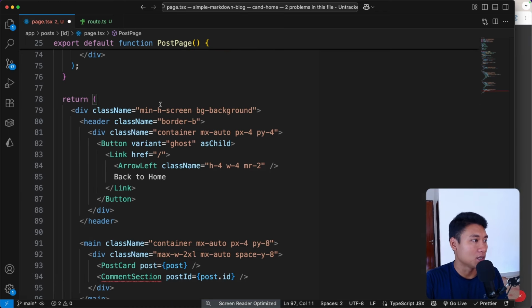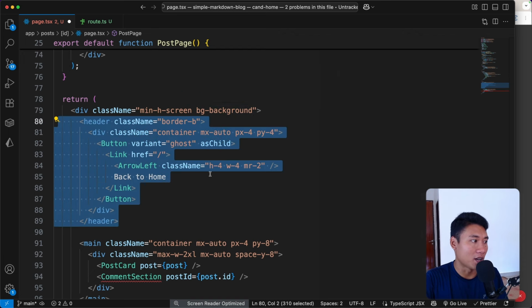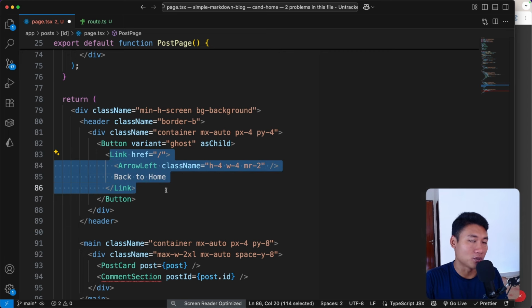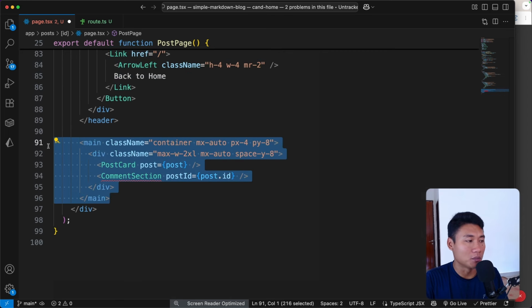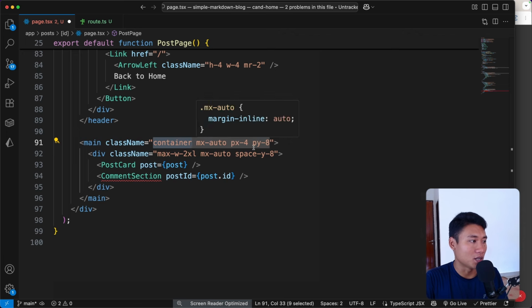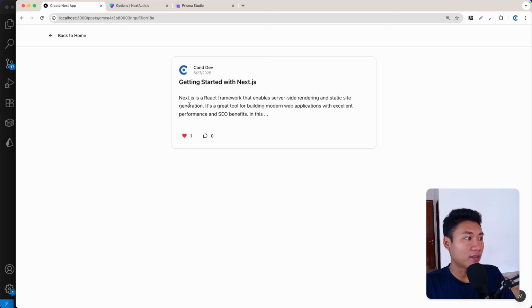As you can see, it has minimal height of screen and the background is background. And also here we have the header that has this link back to home. And also we have this main tag for the detail of the blog. It's container, mx-auto, etc. So we have the postcard component, and then finally we render the comment section component. But for now, I just want to comment that out. So let's take a look at what happened. And here we go. As you can see, we have that content rendered,